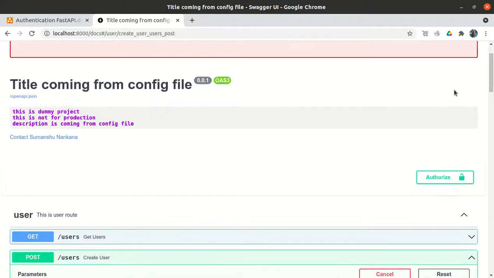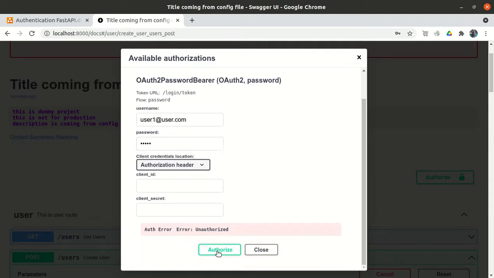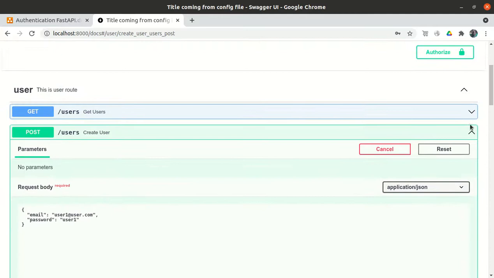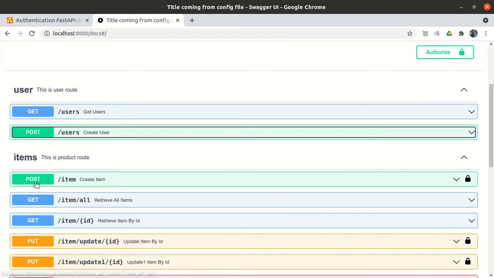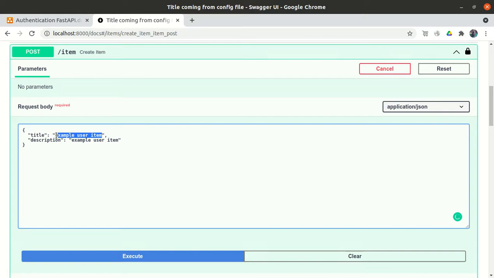So let me log in. user1@user.com, user1, and authorize it. Now I am authorized. Now let's try to create an item: user1 item, created by user1.